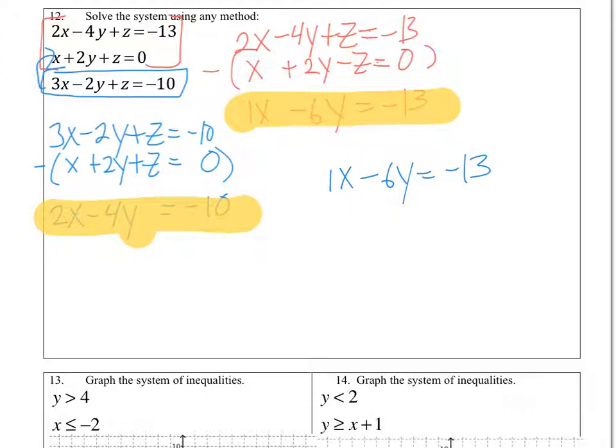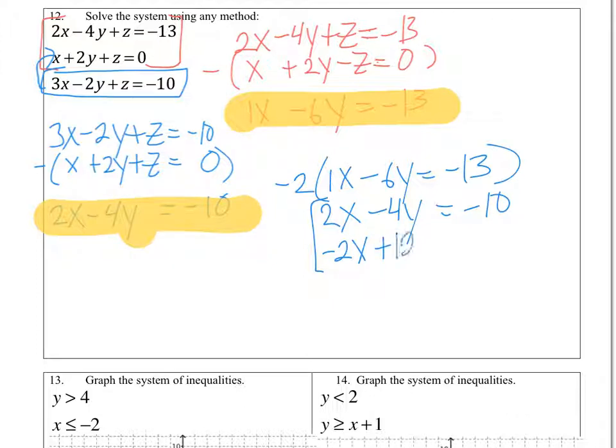And with that, I'm going to include 2x minus 4y is equal to negative 10. Okay? If I multiply my top equation by negative 2, I get negative 2x plus 12y is equal to plus 26. Now if I add these two equations together, I get 0, I get 8y, and I get 16,